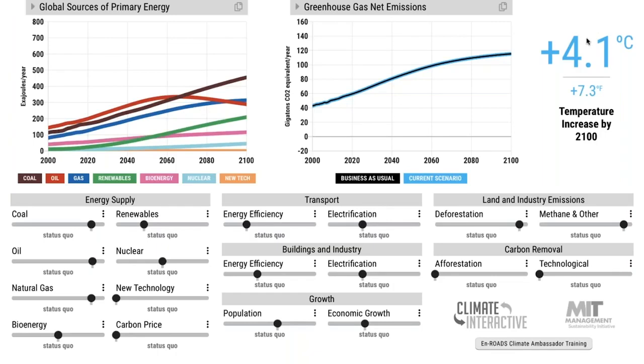So I'll just say, what shall we try? What would be an interesting test of something that we could implement as part of the economic recovery in order to bring our lives and economies back after this COVID-19 crisis? What would be an action that would both help with economic recovery, and also create a better future for the climate? So please write into your question box, what would be something that you'd like to test?